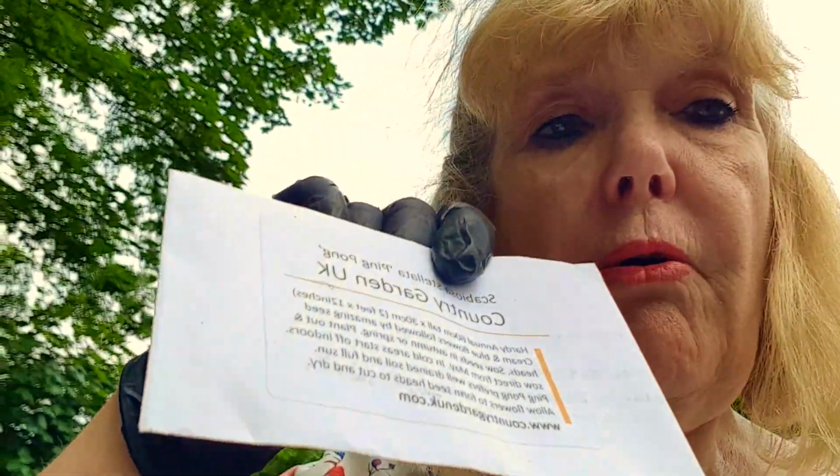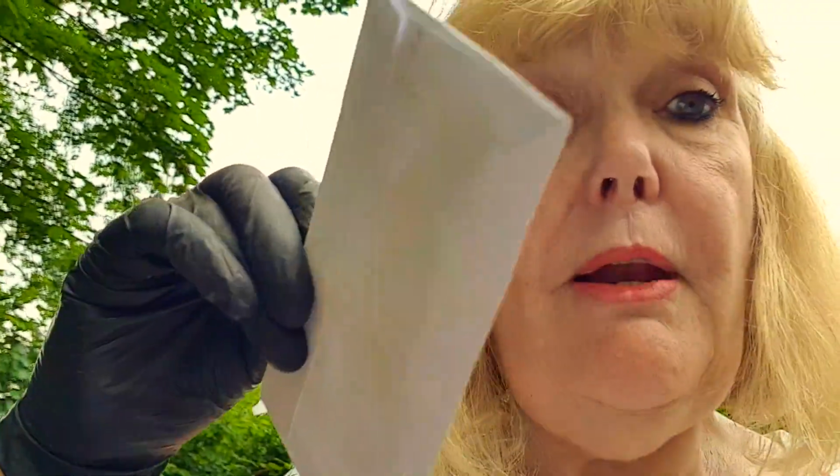But I'm going to actually just do all these seeds that I brought out. So what we're going to do today is let's just pick them out. So we're going to do some statice. We're going to do some of these purple tansies, wildflower. I'm just grabbing them as they come out. Some of these ping pong, which are a dried flower, they look amazing. Then we're going to do some of these